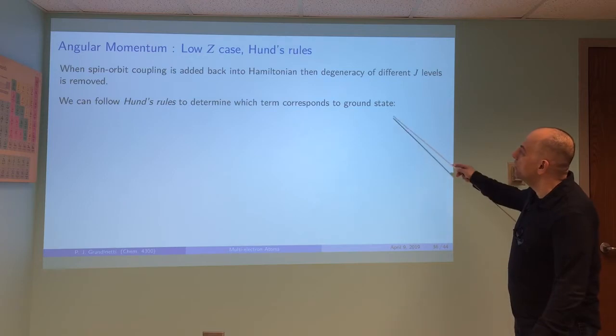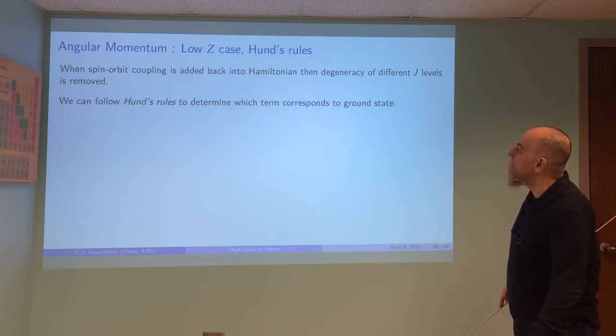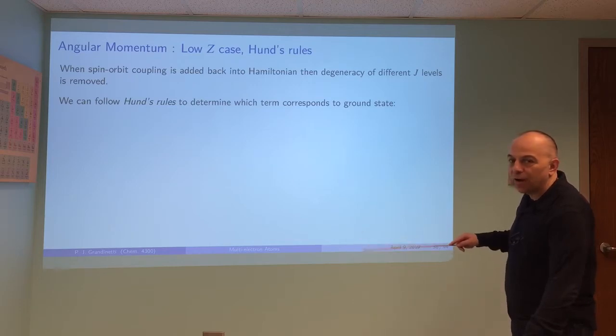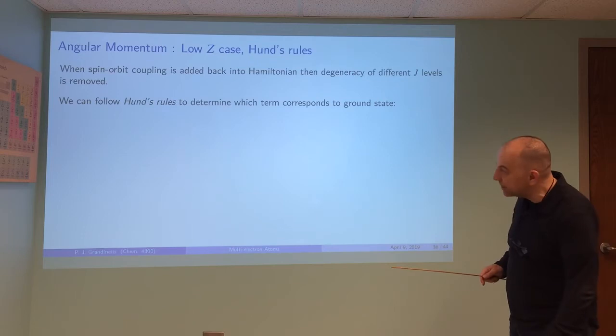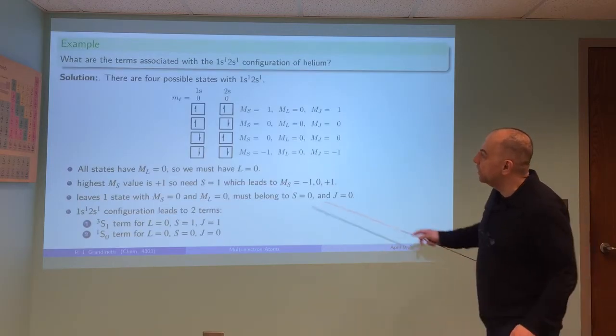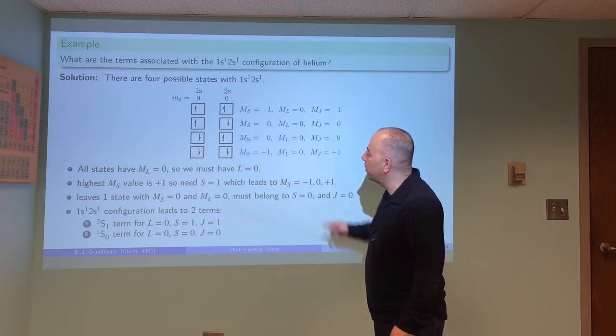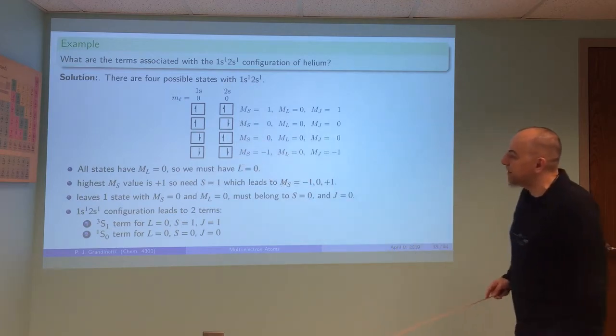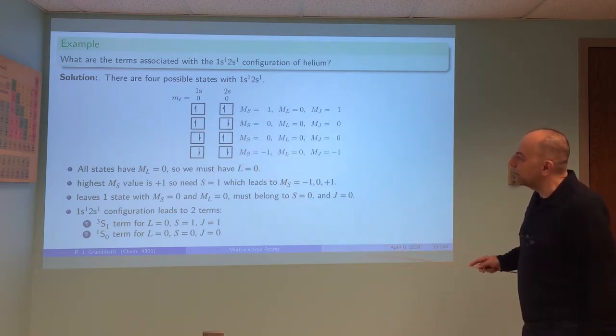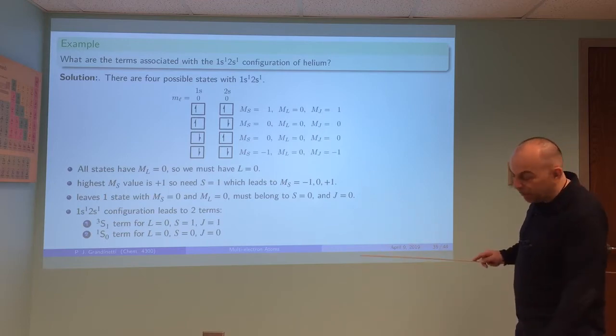So what we're going to use is something called Hund's rule, which will allow us to look at the terms, and based on the terms, figure out which one's the ground state configuration. So as you put those electrons, if you go back to this picture here, you might ask, which one of these is the lowest energy state, which one's the highest energy state? You'll have to stare at this for a while, but you might not get it. But if we look at Hund's rule